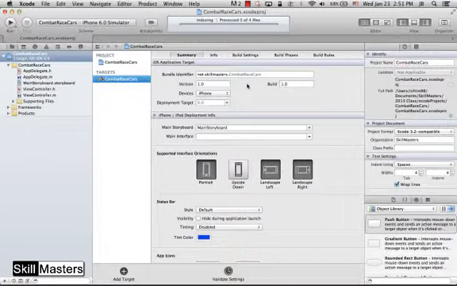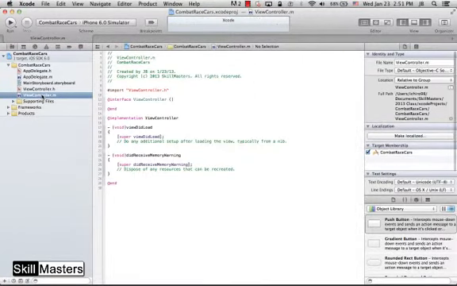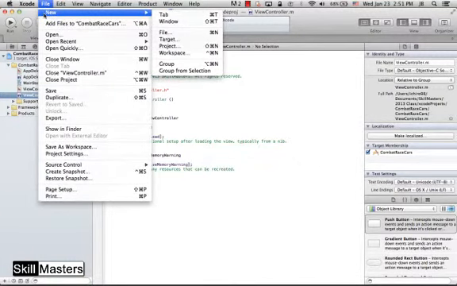Now our app is ready to get set up. The first thing we're going to need to do is create our custom class. I'm going to go ahead and click on the viewcontroller.m file only because when I create this new file, I want that file to be created in a certain place. And you'll see that in a second. Go up to File, New, select File,